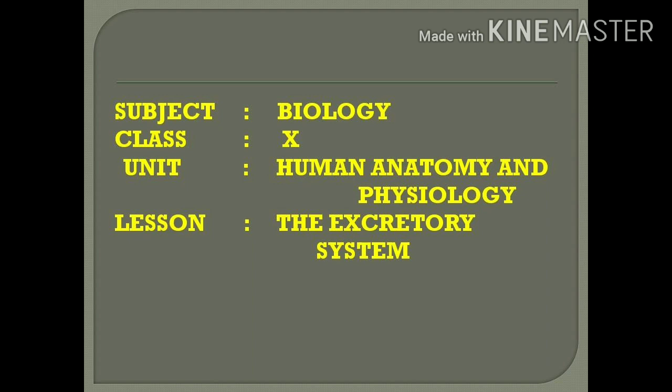In today's class, we are going to study a little bit more, because in each organ there is one structural and functional unit. So in the kidney, the nephron acts as the structural and functional unit. In today's class you are going to study in detail the structure of the nephron and what the main functions of these nephrons are.